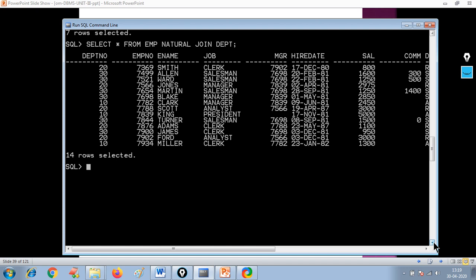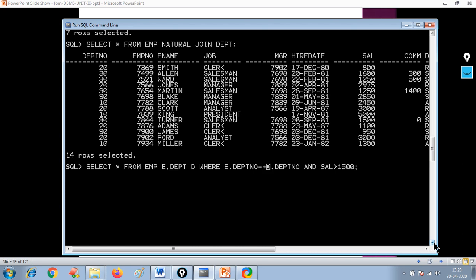So left outer join, using these two tables, employee and department table, we cannot exactly show you the use of left outer join, but still I can show you how to implement the outer join here.